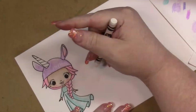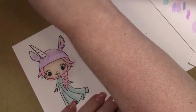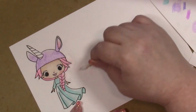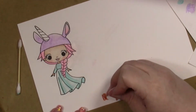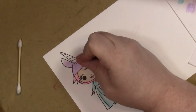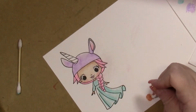I know it looks a little bit weird here, and that's only because it's still kind of wet. It doesn't dry down completely. It's an oil, right? So that's why you want to make sure you put something on the back or behind it, because it does seep through. And here I am picking up the color from the paper to add a bit more depth